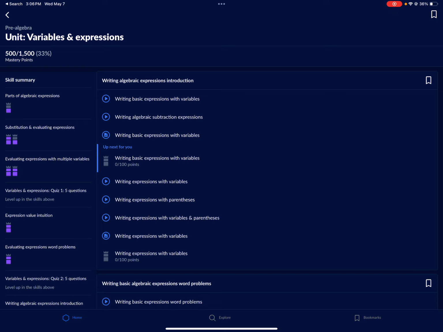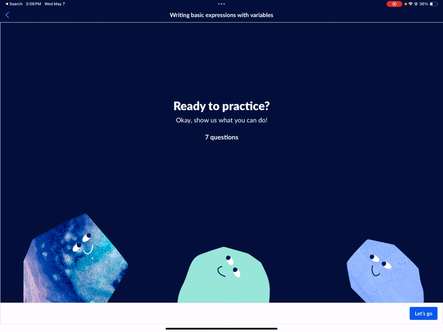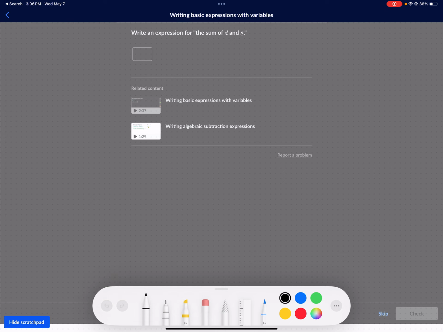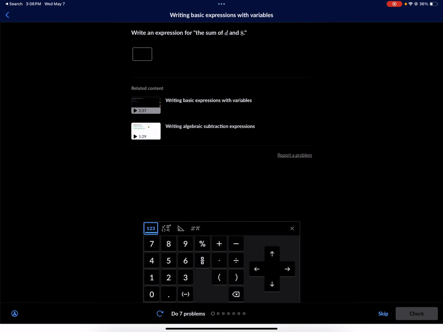Let's start with writing basic expressions with variables. As discussed in my last video, a variable is a letter that represents any value. It may be known or unknown. Write an expression for the sum of d and 8. What's the sum? Well, the sum is addition. So d plus 8 equals, we don't know what the number is because we don't know what d is. So it's unknown. But that doesn't matter. That's not what it's trying to ask us. We want the sum, addition. The answer here is d plus 8 because